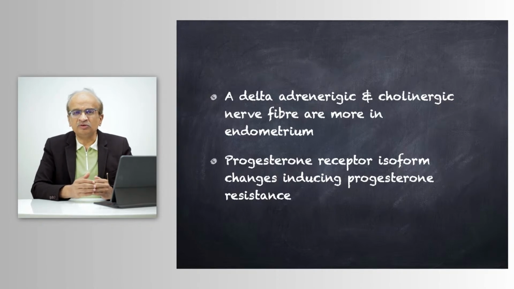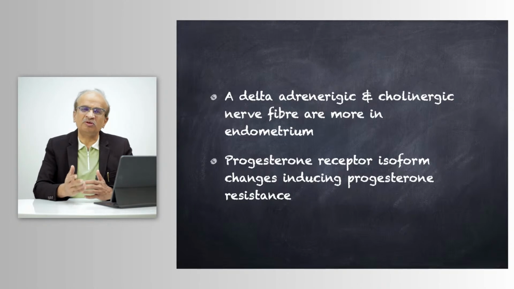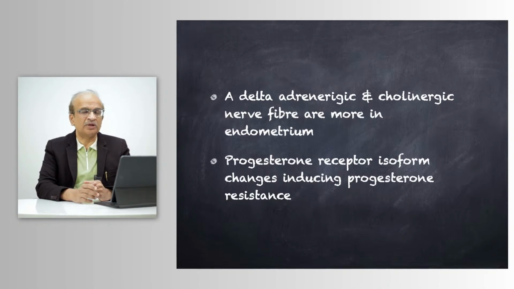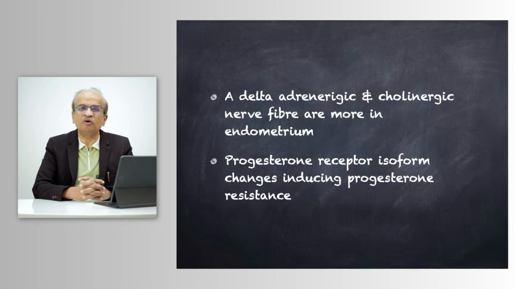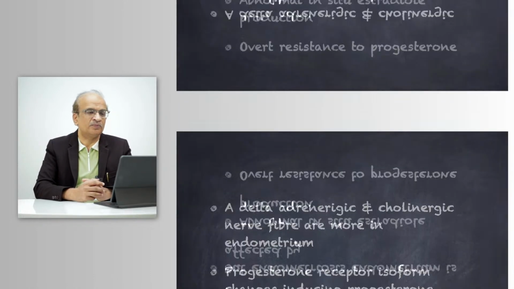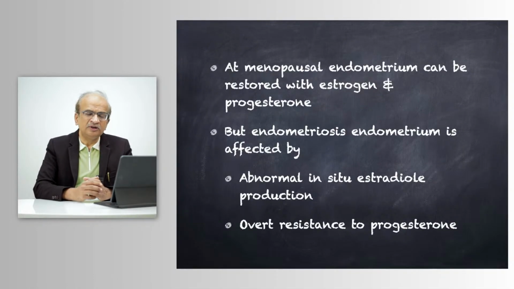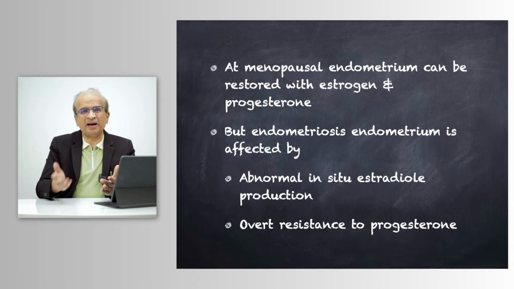So we find that not everybody will be responsive to progesterone, especially in adenomyosis. There is progesterone resistance, and the given progesterone will not make a huge difference. And again, that is a takeaway point in patients of endometriosis. When you're taking them for frozen embryo cycles, definitely you need to give a higher amount of progesterone to all these women.